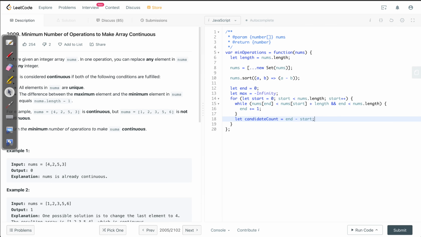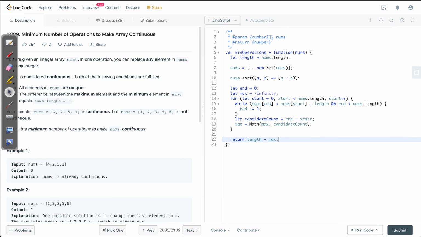This is the length of the current sliding window, and let's make sure that it is maximum. If it is maximum, then we note it in the max variable, and at the end of the solution, we just have to return length minus max.